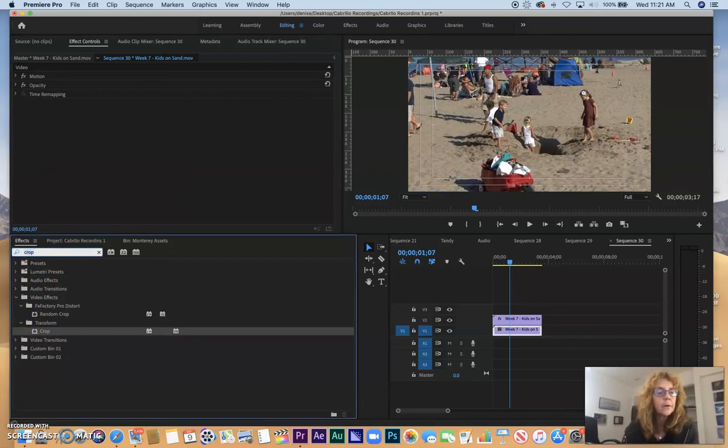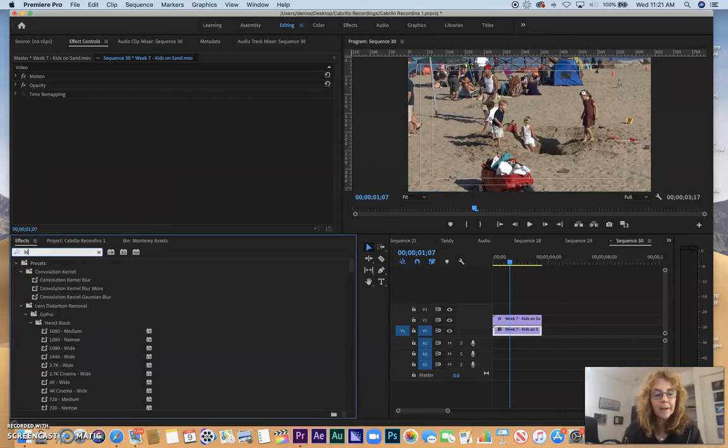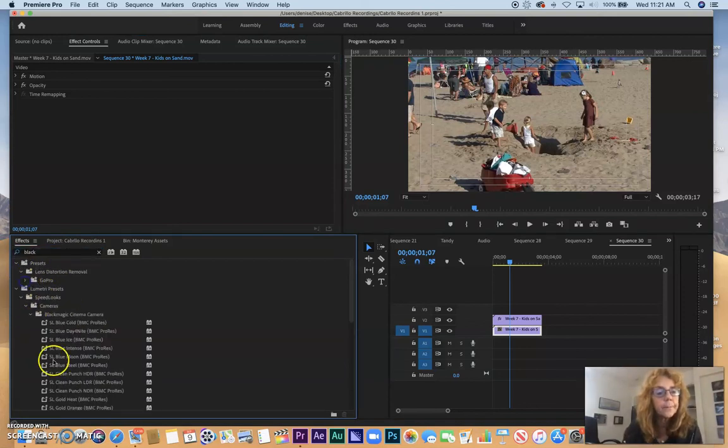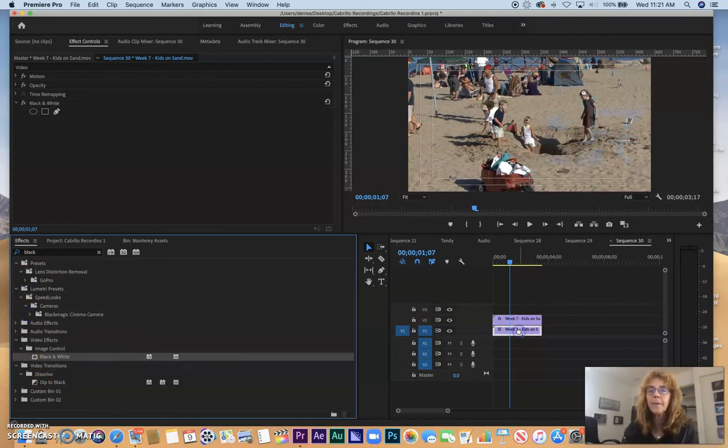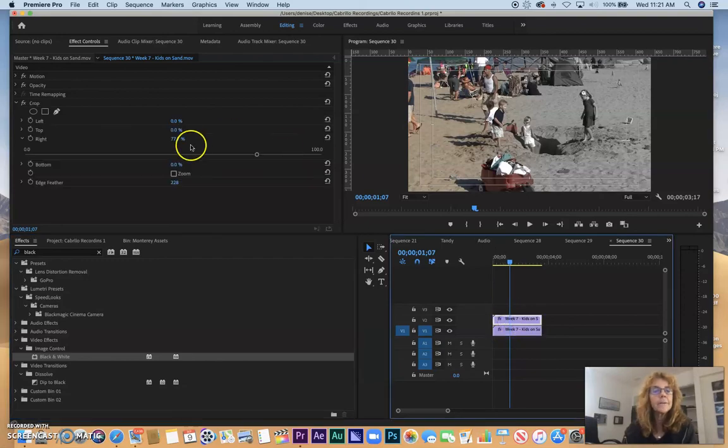So now I'm going to go get an effect such as black and white. So I'm going to type in black and go look for my black and white effect, and I'm going to grab and drop that in the bottom half. Okay, so now we see that the top half is cropped